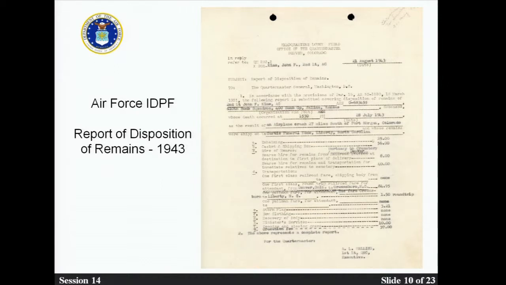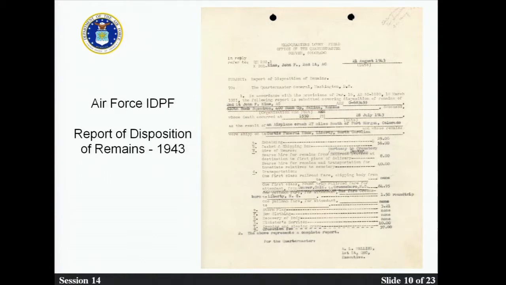This is from 1943. And it really just gives an overview in the top portion of the nature of the death, and then lists the various expenses and the costs associated with the preparation of remains, with all the things necessary to get the individual buried. So that would vary from case to case and location to location, but that's a typical document found in some